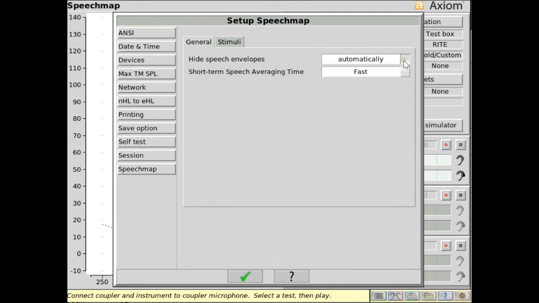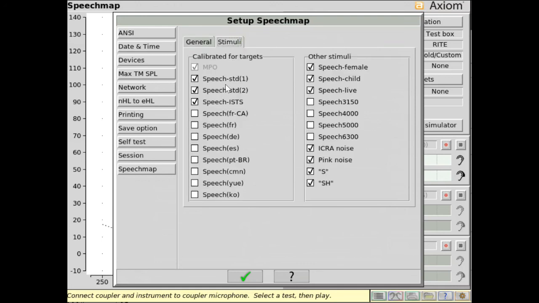SpeechMap allows you to choose whether the last measured speech envelope is automatically hidden or not. You can also choose the averaging time during the setup portion of a calibrated speech signal in SpeechMap. Selecting a slow averaging time will make it easier to adjust hearing aid output to prescriptive targets before recording the speech passage. Select the Stimuli tab and choose which calibrated and non-calibrated signals appear in your stimulus drop-down list in